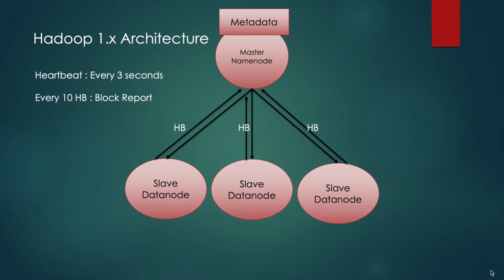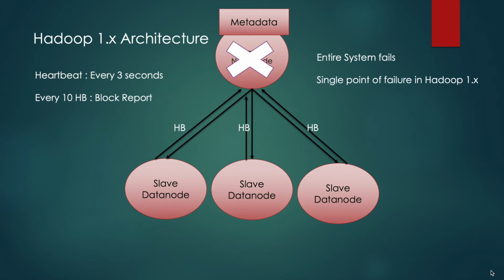Having said that, this name node is a high configuration machine. We cannot guarantee that a high configuration machine cannot fail. There might be a possibility that the high configuration machine or name node can fail at any given point of time. Let us assume that this machine has failed. What happens if a name node fails? If a name node fails, the entire system will fail and we would not be able to read any of the data from the data nodes.